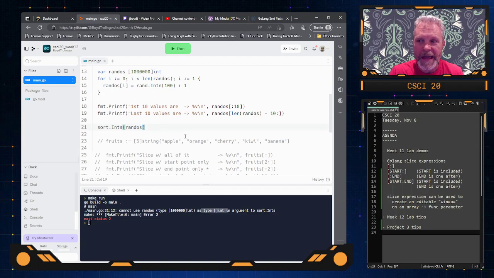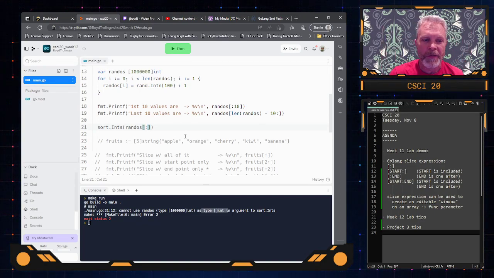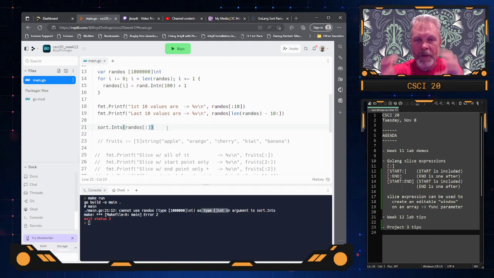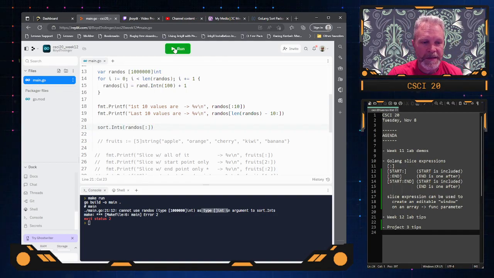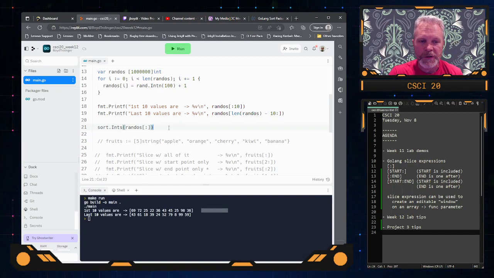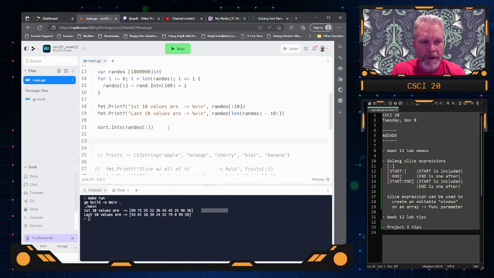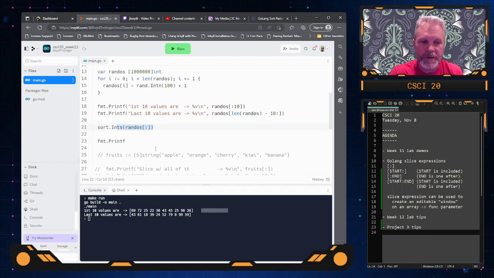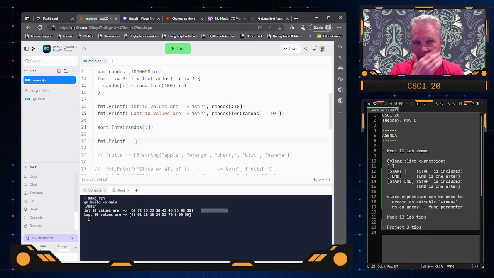I have a trick for that because I can actually just make a slice window on all of my random numbers, and now the function, given that window on all of them, will be satisfied. So now they're sorted, and we're going to go back over this trick when I talk about how to do the